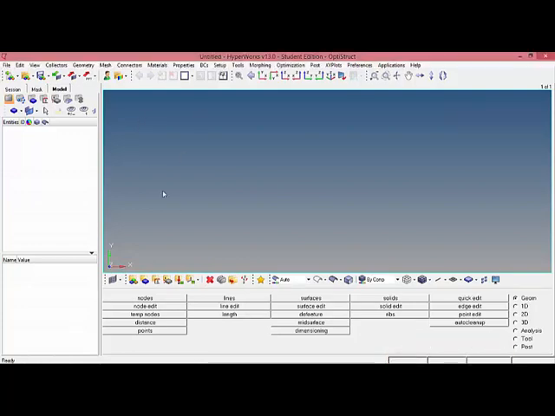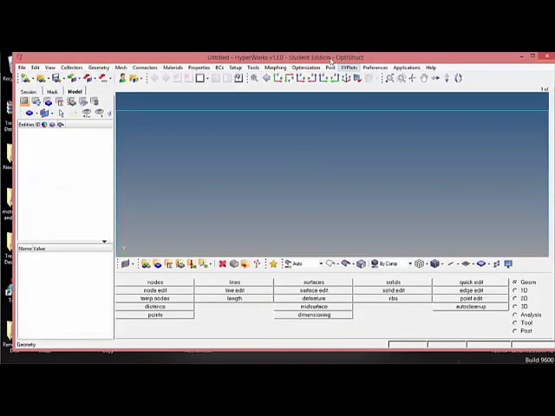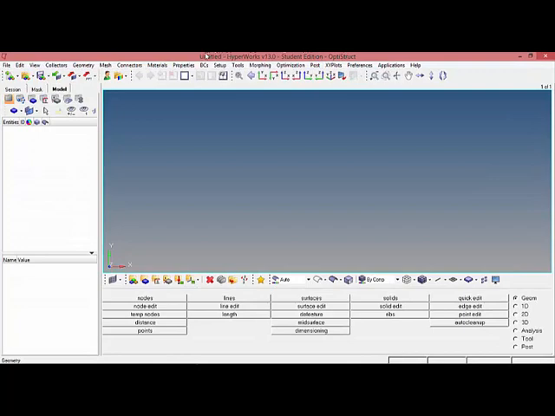So here my full HyperWorks panels are loaded, and all the toolbars and menu bars are available. The top of this window is the title bar. This title bar contains some information regarding the software, like the model name, which is untitled because no model is currently loaded in HyperWorks. My version is v13.0, this is my student edition, and my user profile is OptiStruct.